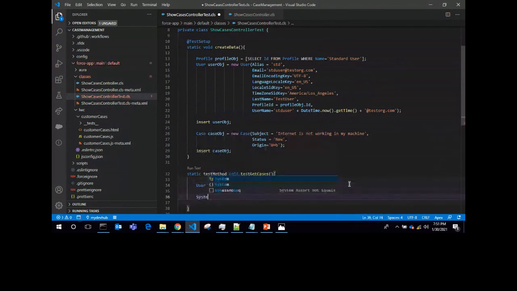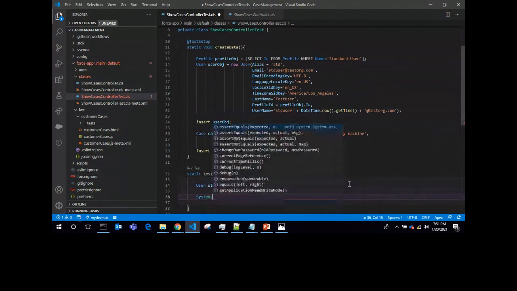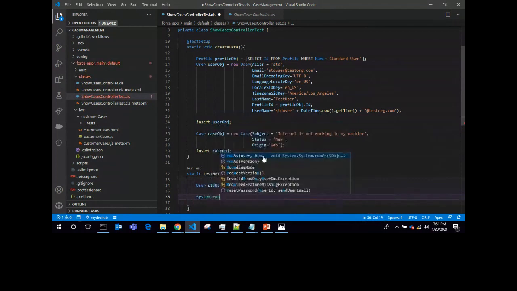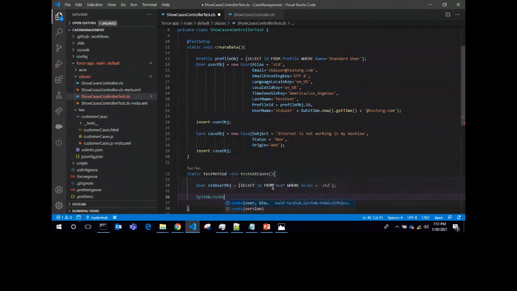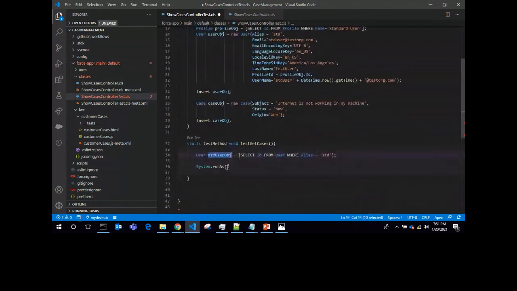As per best practice, we need to runAs the standard user object. Now we need to start the test method.